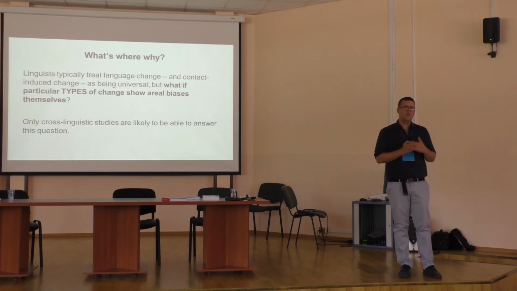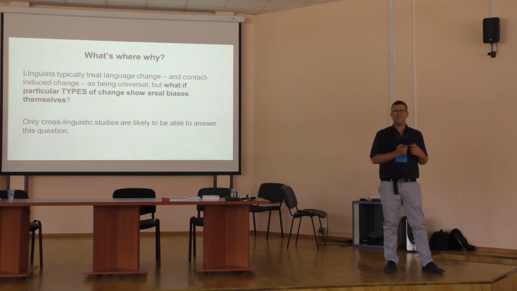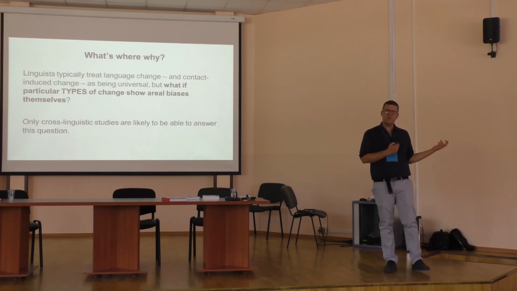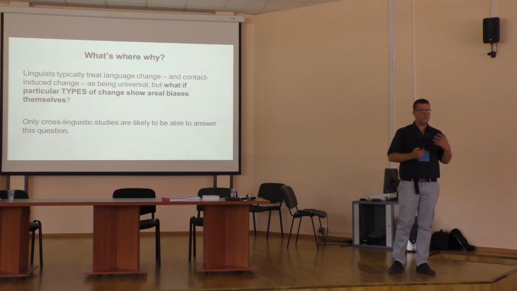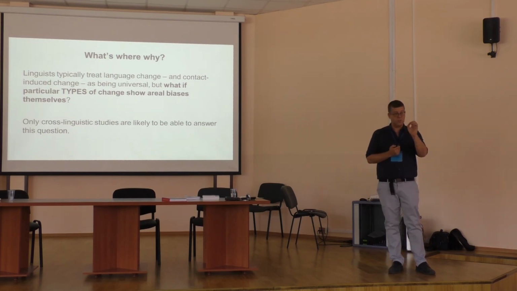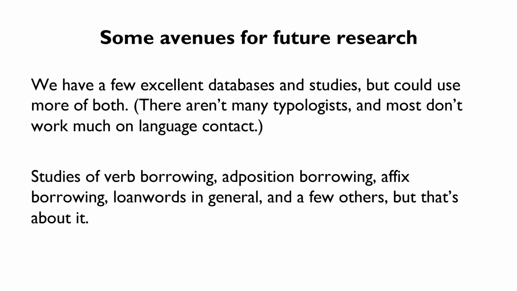And just say, could it be that we think that intervocalic lenition is completely natural, but it turns out to be a fact of Western Eurasia, and so on? We can ask these kind of questions, which means that we can also really directly target, from a typological point of view, types of change, taking into account where they are found, where they were prominent, and so on.